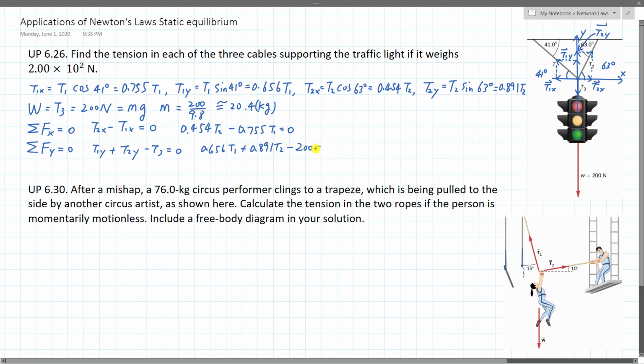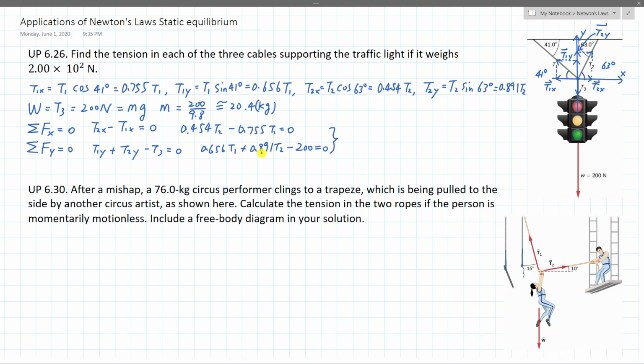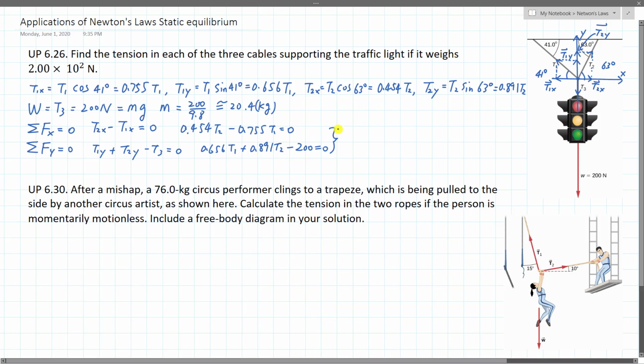so 200 equals 0. So now we have a system of two equations and two unknowns, T1 and T2. The way to solve them, and what I propose, is to do substitution. So let's do some substitution. Let's call these equations by numbers. So let's call that equation 1, that equation 2, and now there is a system of equations. I use a curly brace, and then from equation 1